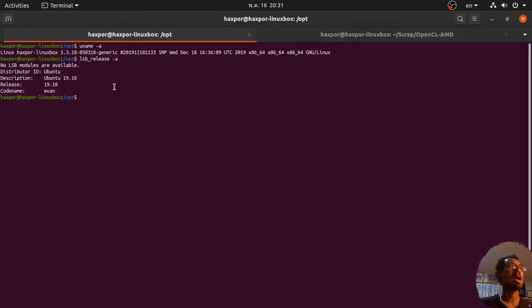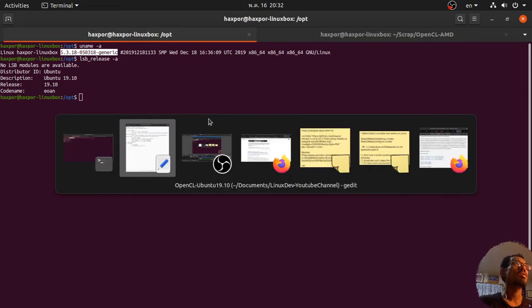Okay, but before that, I need to show you that I'm basing on the 5.3 kernel version and also Ubuntu 19.10. If you wanna install ROCm here, which is an option for you right now, and if you use the 5.5 kernel version, it's not going to work. You need to revert the kernel version back to 5.3 first. Luckily, reverting back to the older kernel version can be done easily and in a non-destructive way. Okay, so